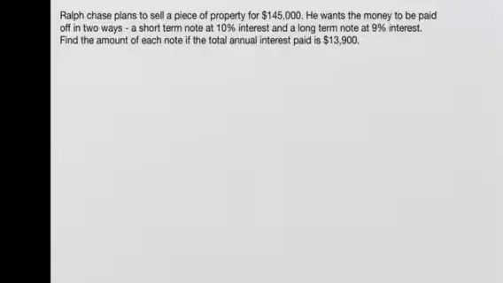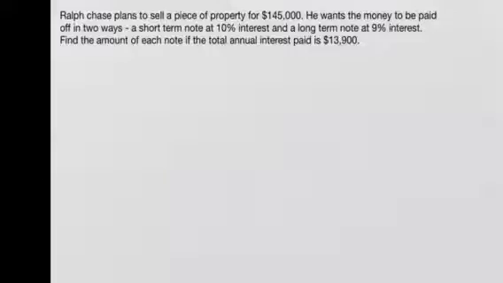In this example, we're told that Ralph Chase plans to sell a piece of property for $145,000. He wants the money to be paid off in two ways, a short-term note that's 10% interest and a long-term note that's 9% interest. We're asked to find the amount of each note if the total annual interest paid is